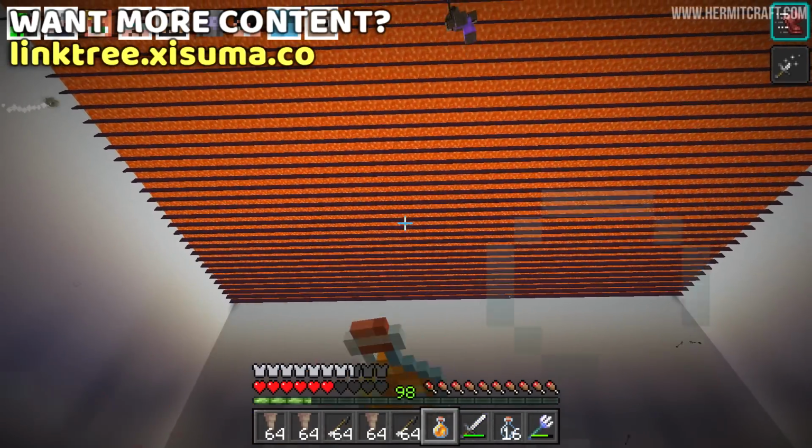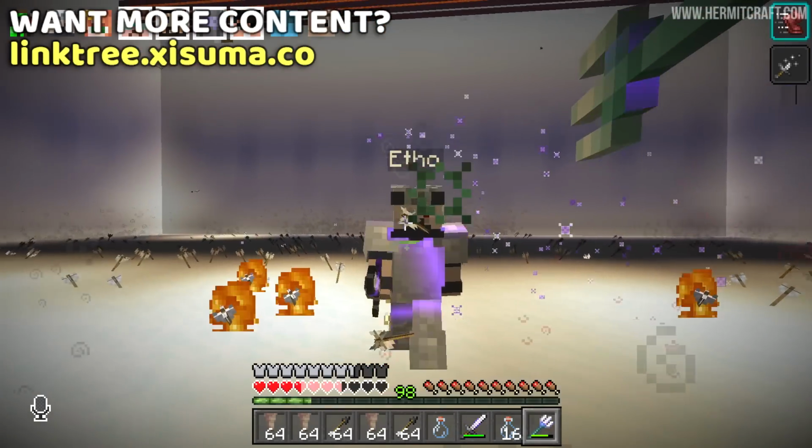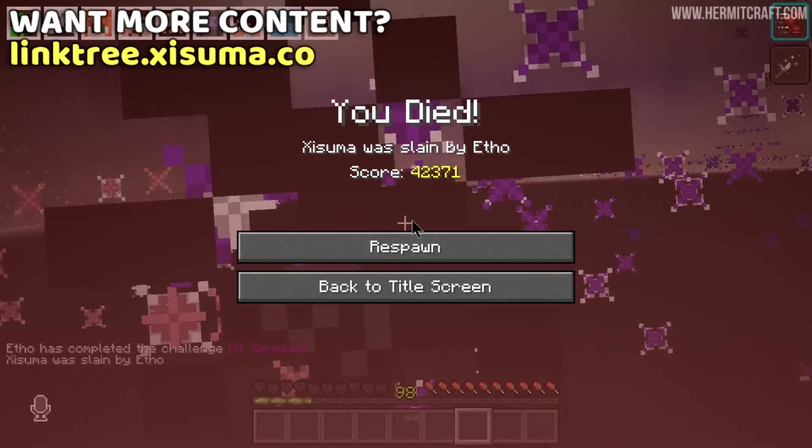Ethan with the anime flying. Getting close to that lava, Etho. Ethan's gone. There you go. Super Saiyan. Oh, yeah. Oh, jeez. Wow. Oh, he's got me. He's got the momentum. He's got